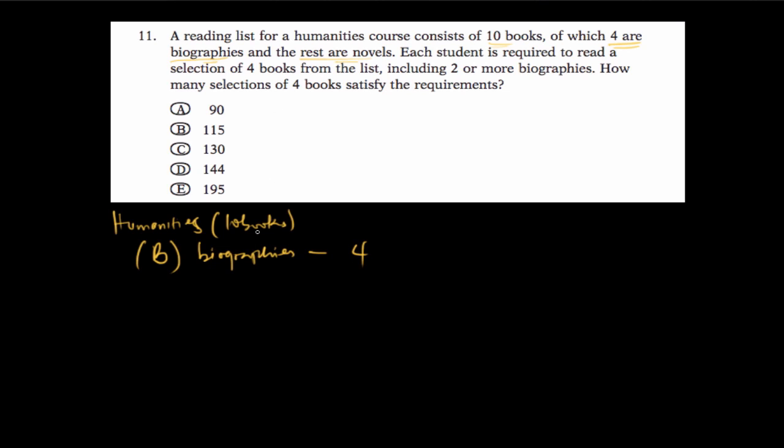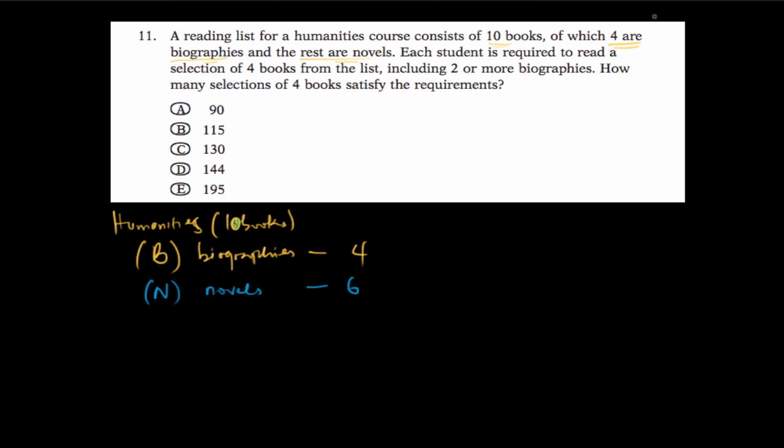So if 4 are biographies, and then we have 10 books, then the novels are going to be 6. So since we have 10, the novels will be 6. So I'm going to let N represent the novels. So we are done with the first statement there. Now we are also told that each student is required to read a selection of 4 books